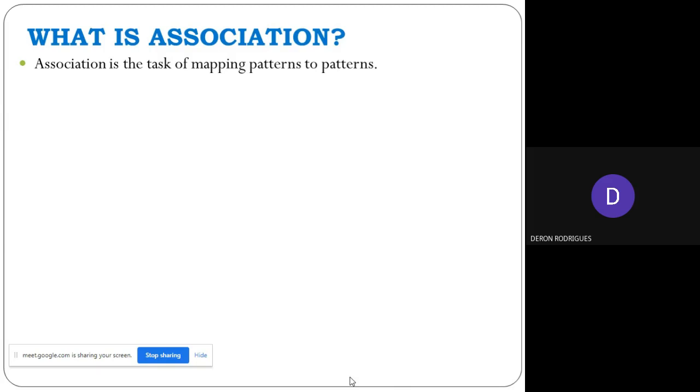As simple as that: if you look outside and see a tree, you can identify whether it is a mango tree or a coconut tree, or what kind of tree it is, because it is stored in your mind. So association is a task of mapping patterns to the patterns which are already stored